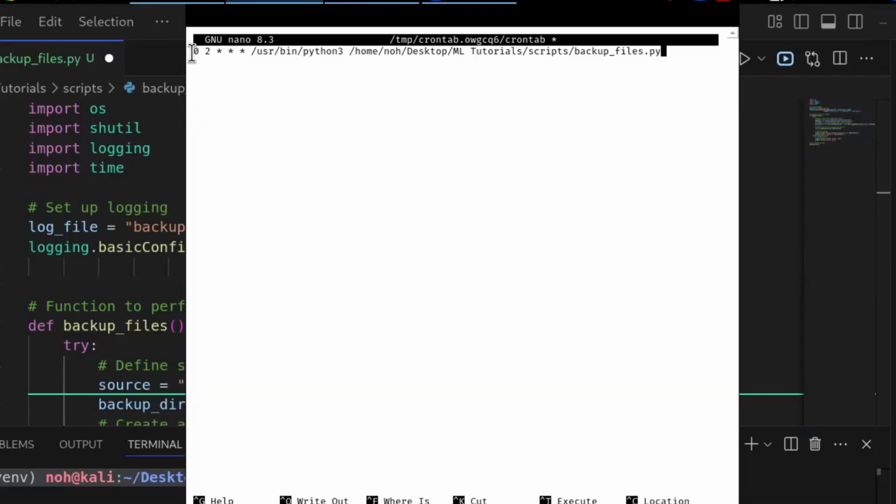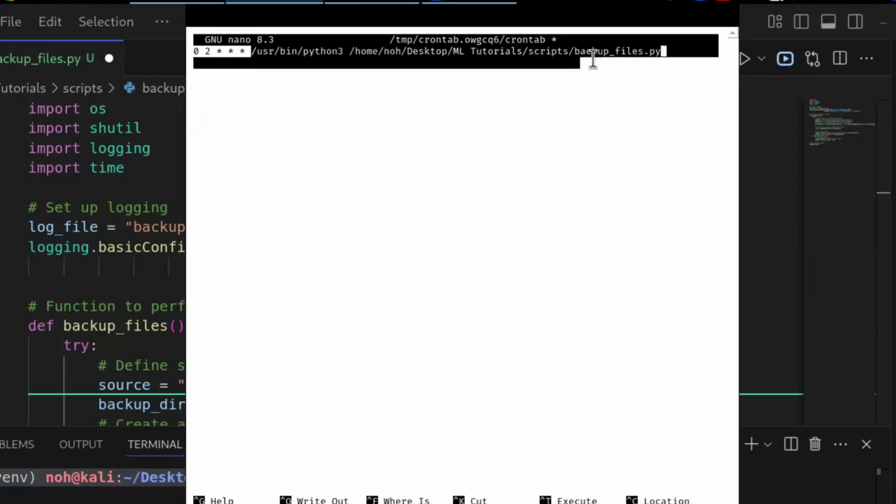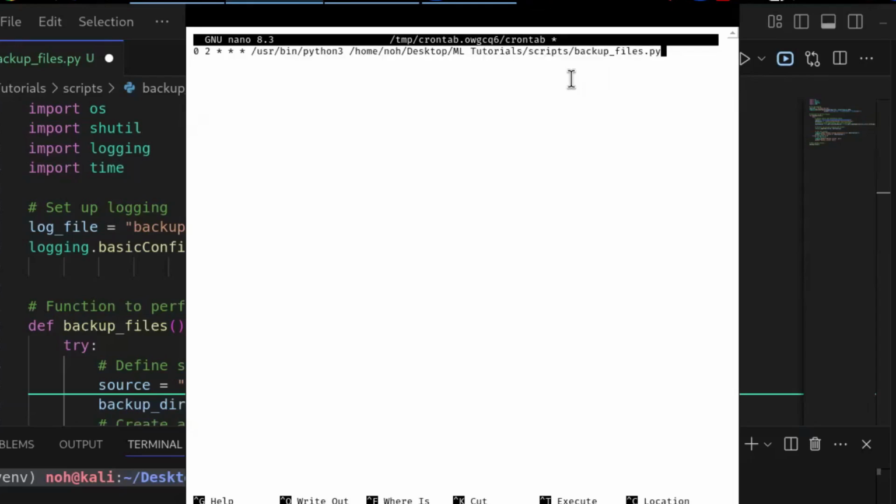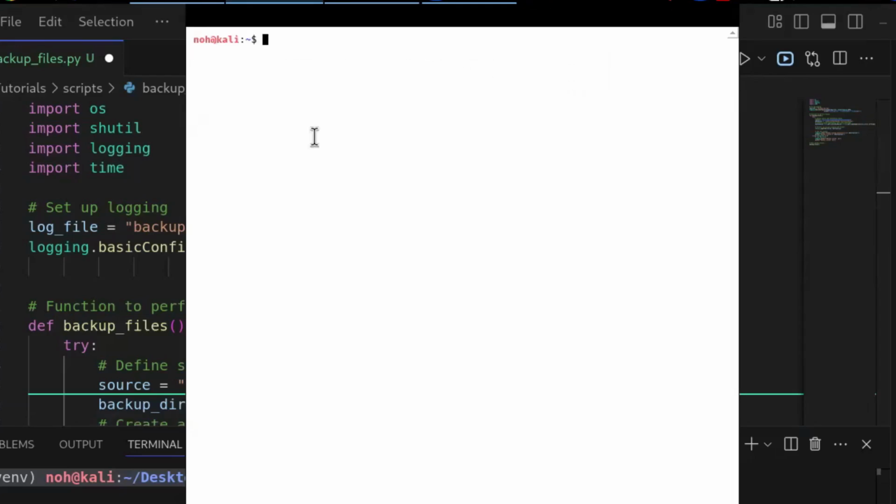The first field represents the minute, the second represents the hour, 2 a.m., and the rest represent the day of the month, the month, and the day of the week, respectively. This cron job will run every day at 2 a.m. Make sure the paths to Python and your script are correct. If you are unsure of the Python path, you can type which python3 in the terminal to find it.